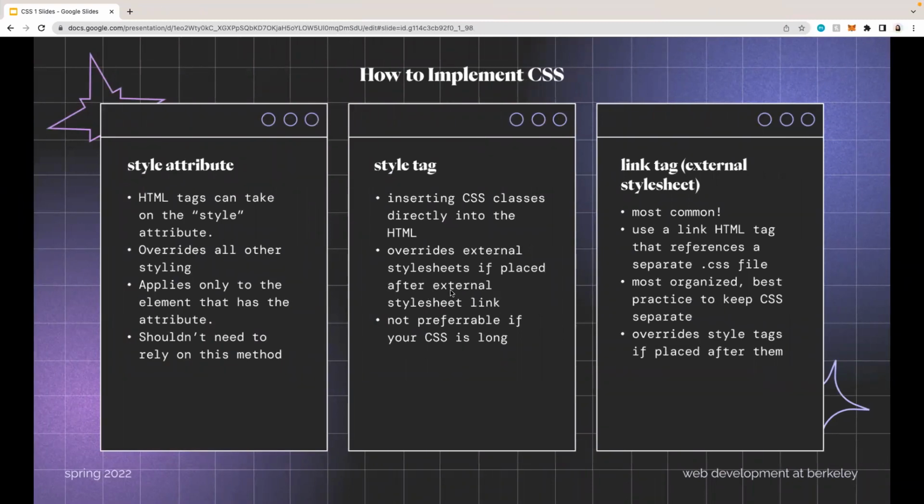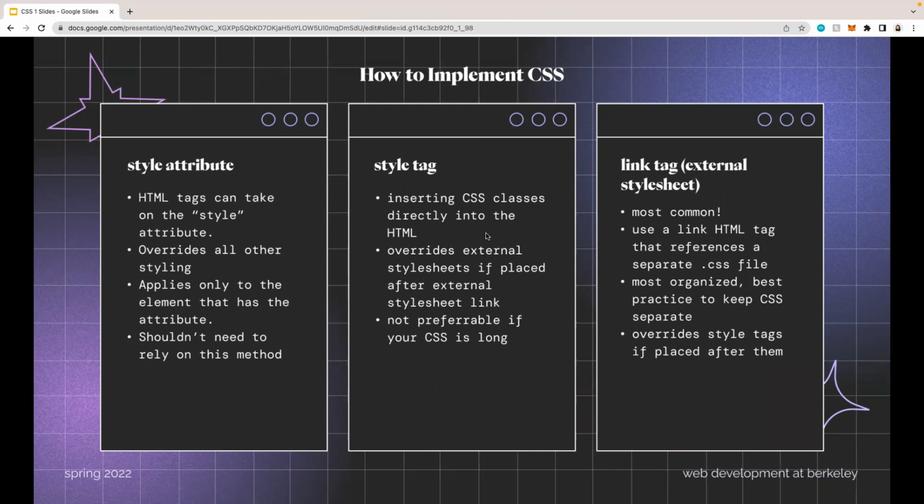Also, this usually isn't preferable to use if you have a very long CSS file. It doesn't really make sense to put it in the same file if it's going to interfere with your ability to read the HTML document. Generally, it's good practice to separate out different components of a website. So if one file only concerns styling, you should probably keep it separate from all the elements in your HTML document,